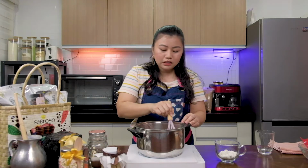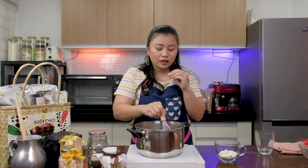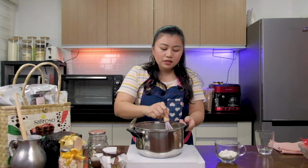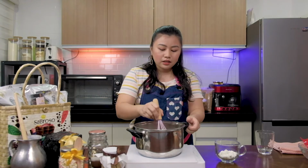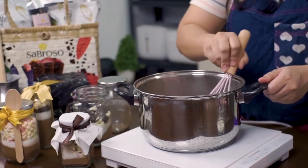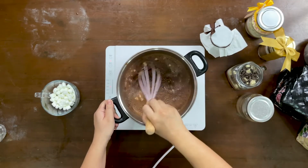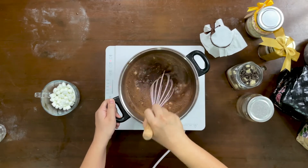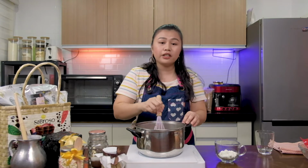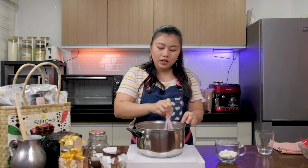So yung iba, takot sila mag-add ng cacao butter because they think na magkakaroon ng oiliness or oily texture or mouth feel dun sa kanilang hot cocoa. That is not the case. You just want to use a wire whisk and i-froth up nyo lang si hot cocoa para mag-emulsify yung ating mixture. Yan. So like this one, i-beat nyo lang siya para ma-fully mix yung ating cacao butter. If you want this to be sugar-free, you can use low-calorie sweetener instead of white sugar, like erythritol or stevia,